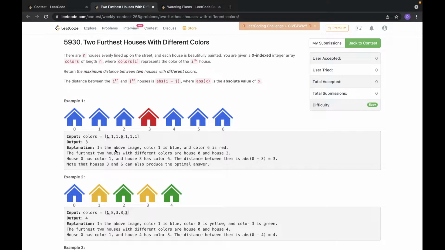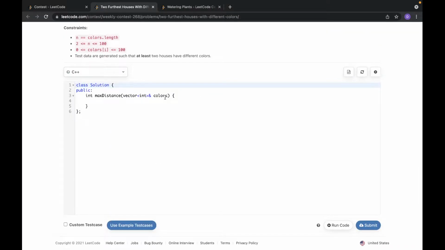And houses, even each house is beautifully painted. Okay, you're given the color of each house. It's in the Mexican, two houses with different colors. And the value is very small. Let's see. Okay. So on 0 and yeah, I just